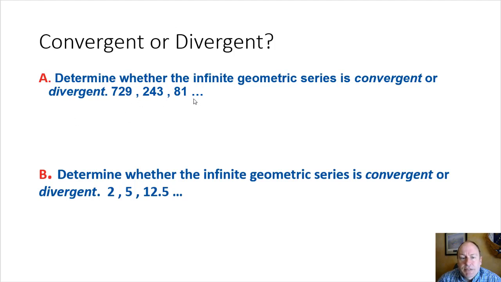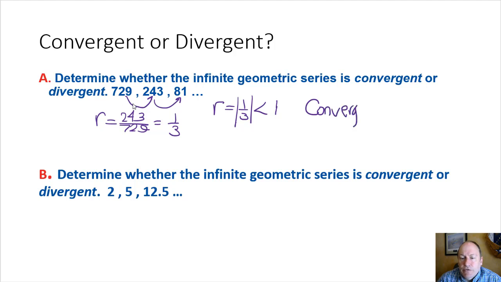So let's look at a couple of examples here and determine whether their sum is converging on a finite number or it is not. In other words, it is divergent. Determine whether the infinite geometric series given below is convergent or divergent. So we've got 729, 243, 81. We've got to find that common ratio r. R is going to be 243 divided by 729, any of the second terms divided by their previous terms, and this is in fact 1/3. So since r is 1/3 and the absolute value of that is less than 1,